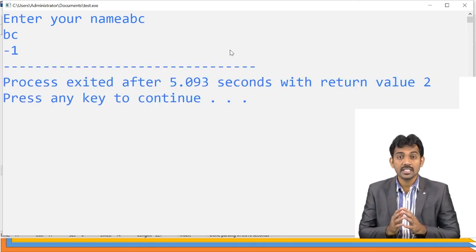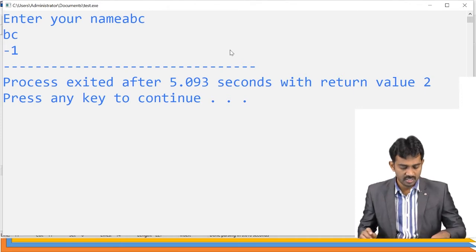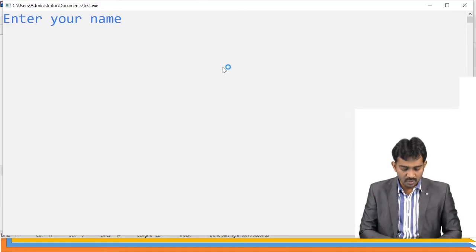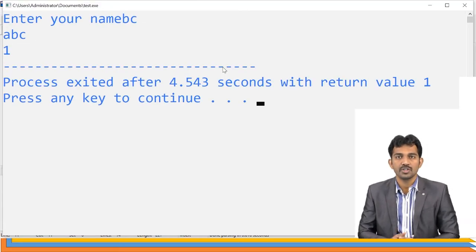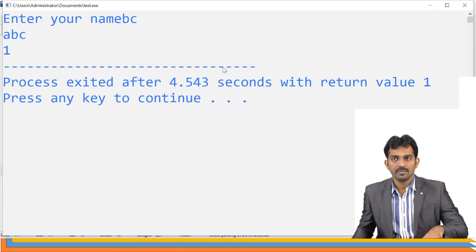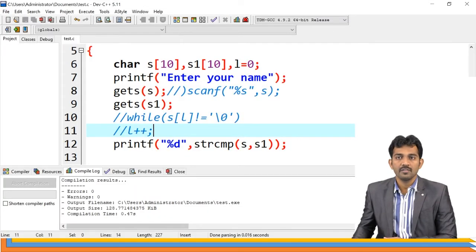Negative means the second string is larger. For example, if you run this code, the first string is BC and the second string is ABC. Now what is the output? Positive. Positive means the first string is larger. This is the string compare function.